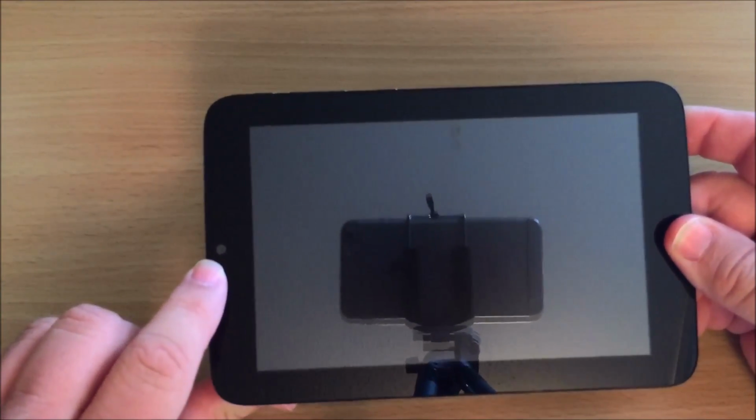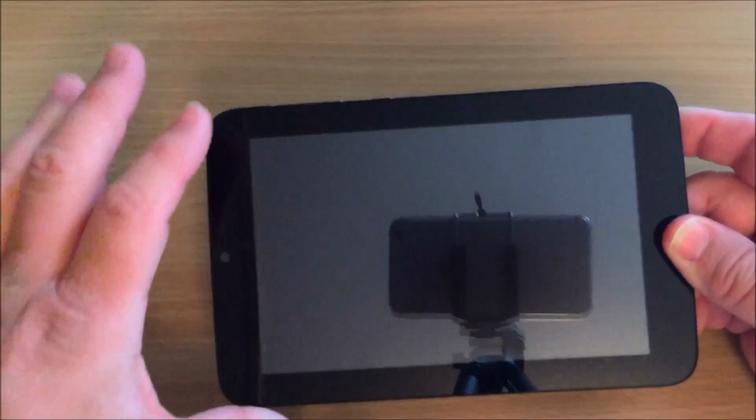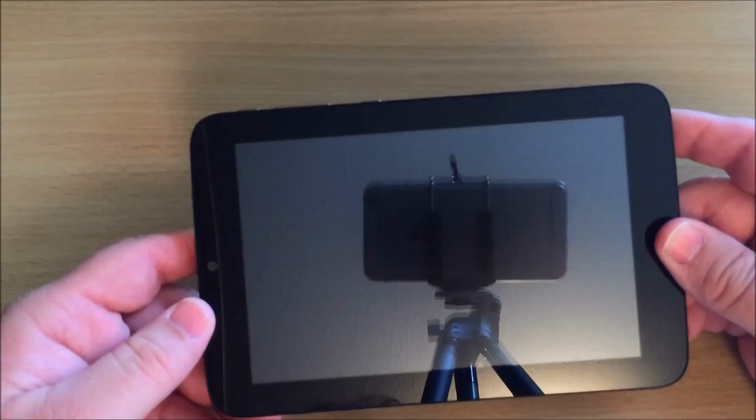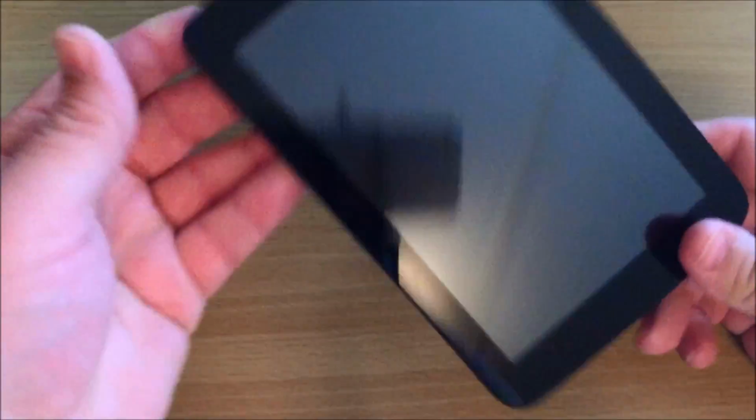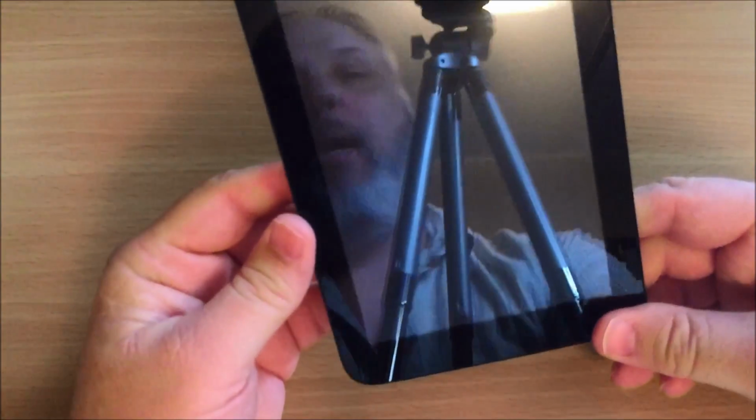Right here is your front-facing camera. I would prefer that if it was in the corner on the top, but this tablet is really meant to be held in portrait mode. A lot of things on it. It does have automatic